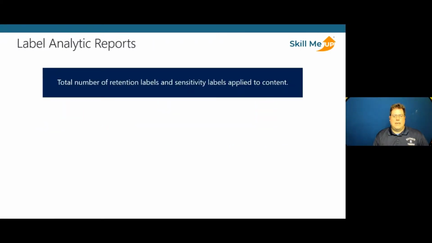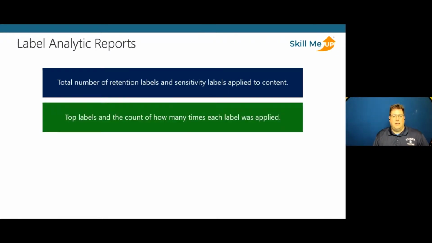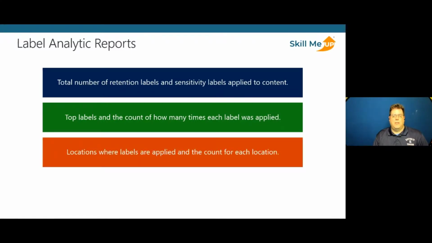And so just to take the label analytics reports a step further and what is available to view within them, you have the ability to look at the total number of retention labels and sensitivity labels being applied to the content. It gives you a top-down account of the labels and how many times each label was applied to the documentation, the locations within your environment where the labels are applied, and the count for each of the locations,